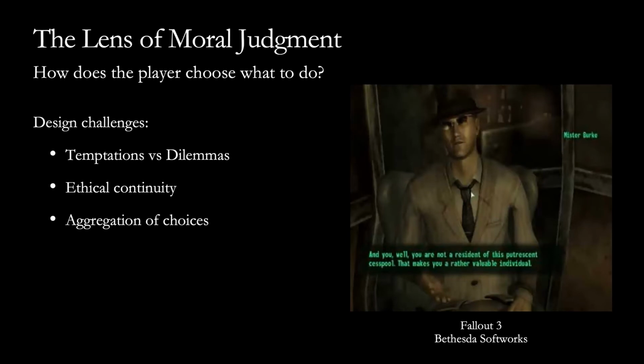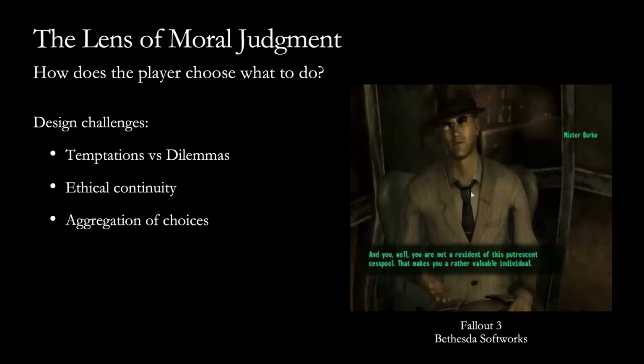So you have a genuine dilemma there, right? You have 2 moral cases to make there. It's not just a matter of you deciding whether or not to be selfish. Another design challenge with respect to moral judgment is ethical continuity. And basically that's the idea that once you make a decision, that's not the end of the moral issues for the player. So what you'll typically find in moral judgment scenarios in video games where players are asked to confront a moral dilemma is that they'll resolve the moral dilemma by usually choosing some sort of dialogue choice. And then that moral dilemma and the issues that it sort of comes packaged with are never mentioned in the game again.